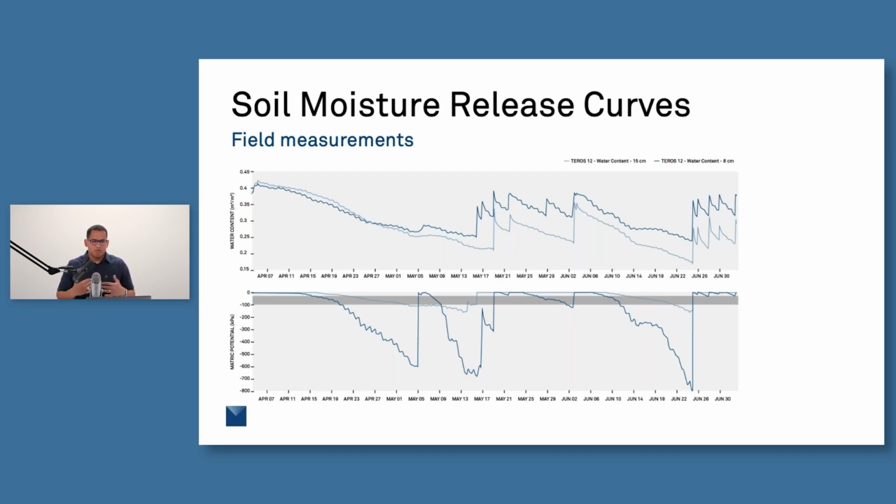We also have, with soil moisture release curves, hysteresis and scanning curves that cause things to be different. So just focusing on the drying period, we have that drying period here that we decided to focus on to use for our in situ soil moisture release curves that we're going to try and generate. So if we focus on that period of data right there, we can actually pull those data out and,